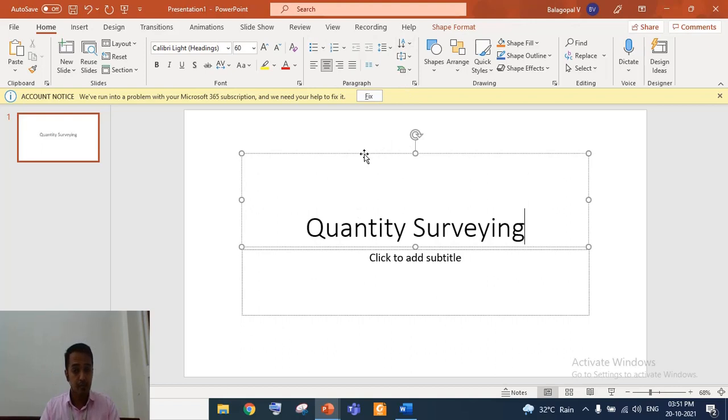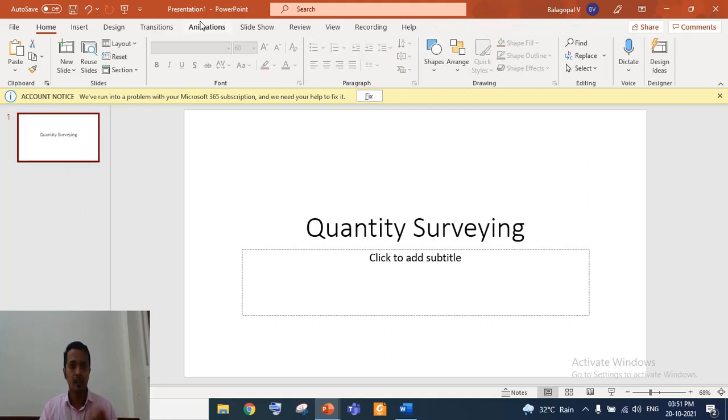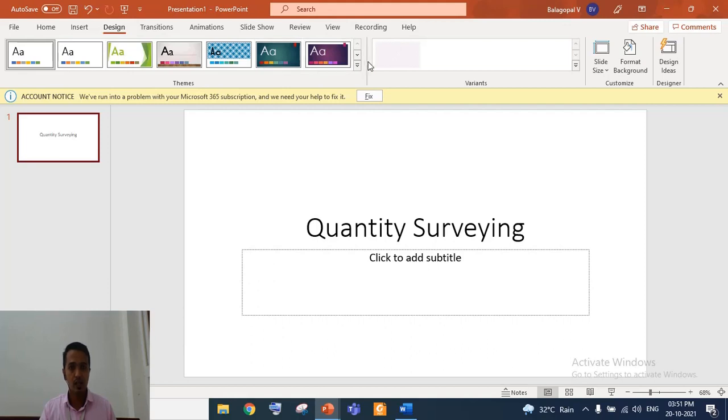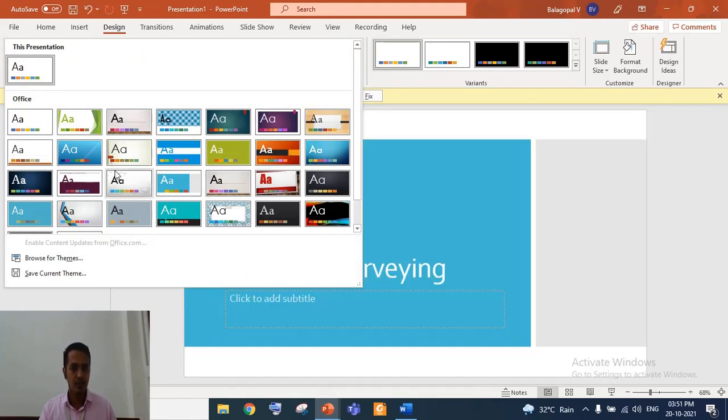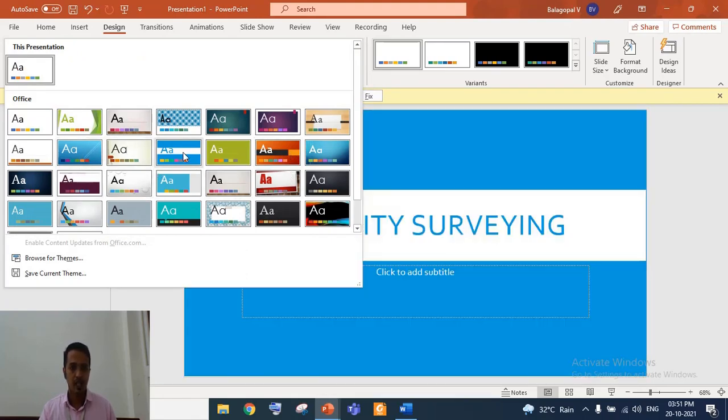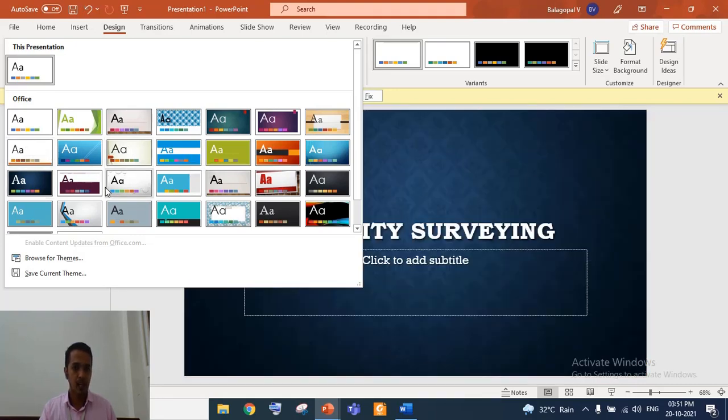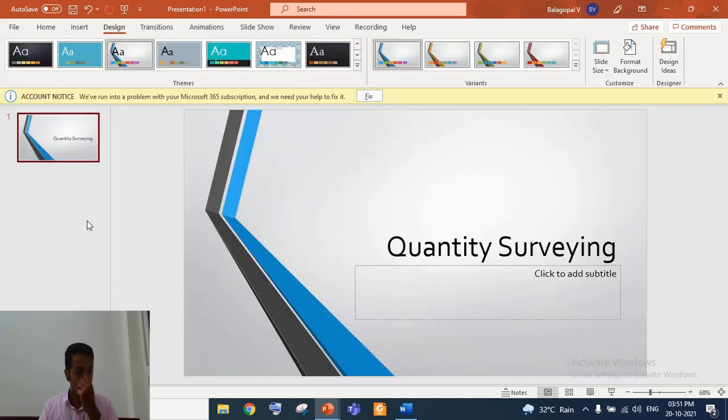So, as I mentioned in the guidelines, you can use some graphics in the first page and the last page. So maybe if required, you can use some graphics. For getting the graphics, you can go to the design option, and you can select whichever design you want. You have a lot of options here. For the time being, maybe I'll select one of those. Okay, I have selected this design.